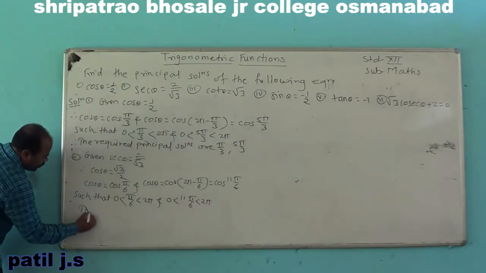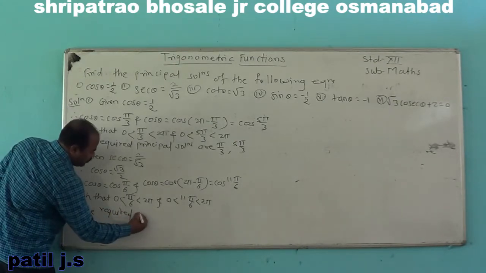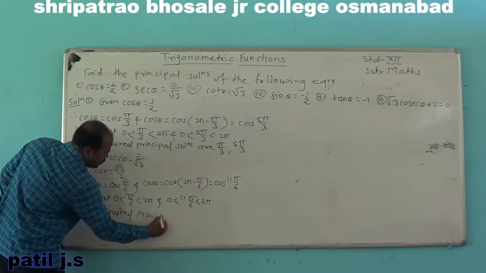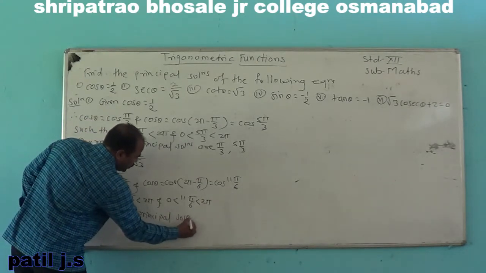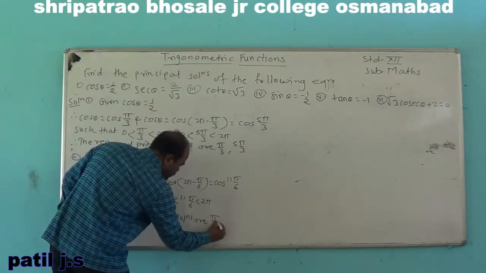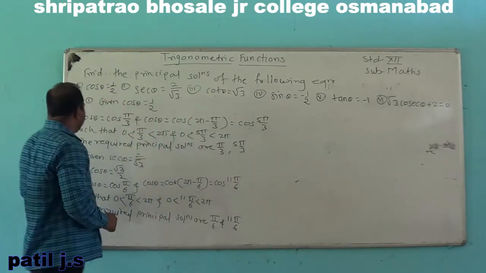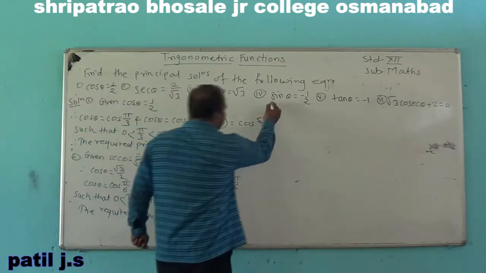Hence, the required principal solutions are pi by 6 and 7 pi by 6. Next, the third example is